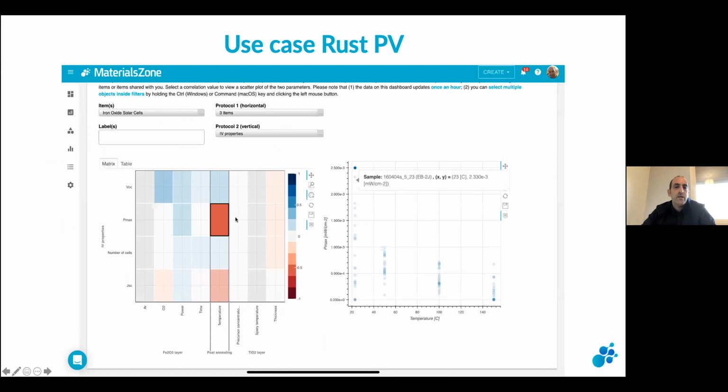So today, this data, part of it is loaded into Materials. So here you can see the correlation engine. You can see the photovoltaic performance and a few of the components that you control in the processing. So this is really a process function correlation.